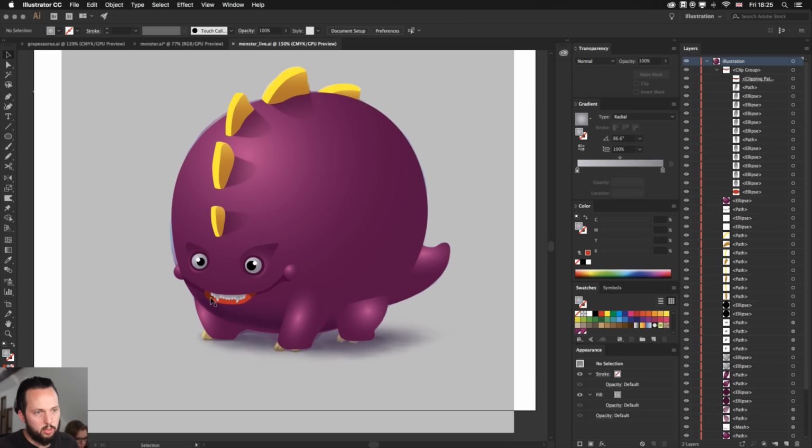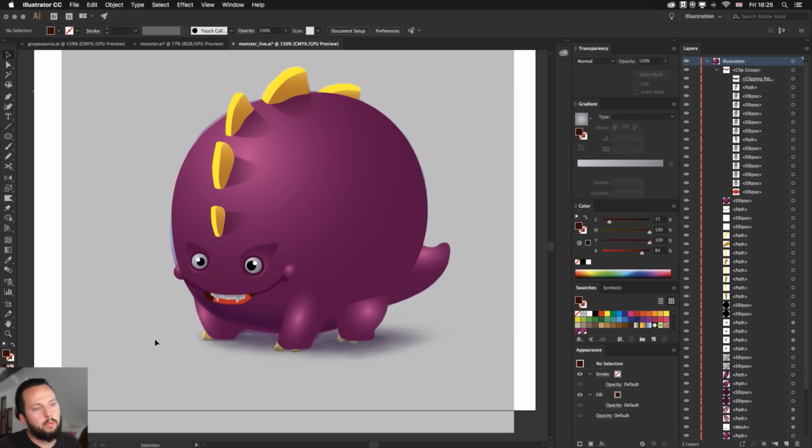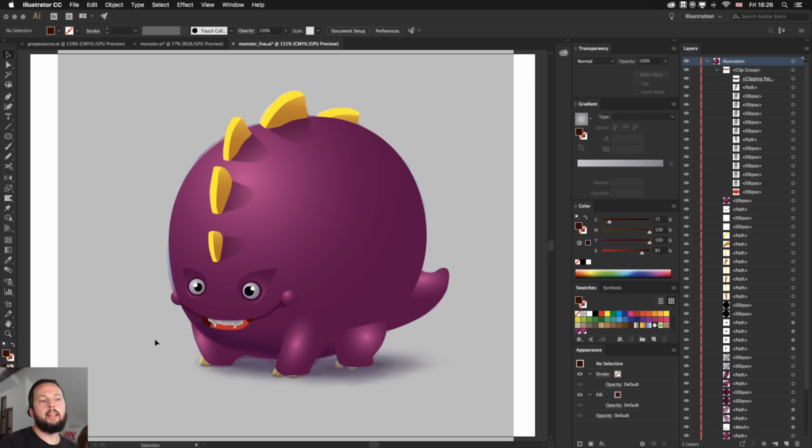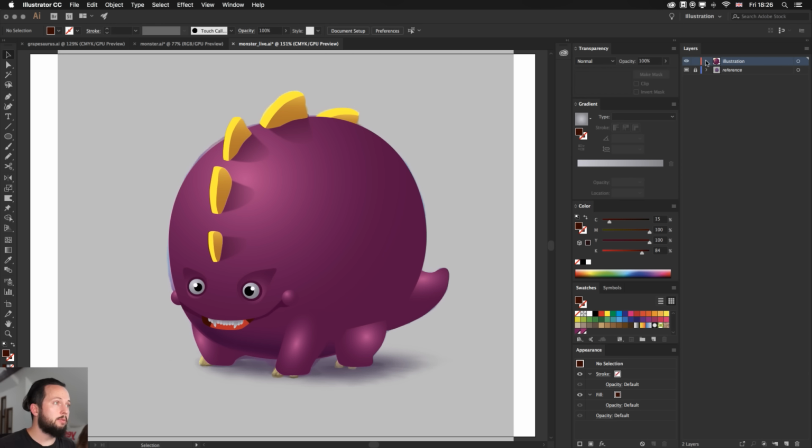Maybe what we can do is to have that detail, the background detail, which is our clipping mask, just make that slightly more dark, something like that, so the mouth pops a little bit even more. All right, so that's roughly all that we had time for, but before we finish, I would like to just summarize very quickly the process that we went through.